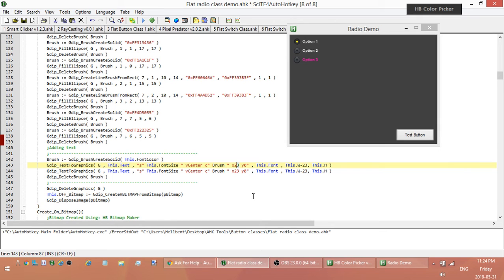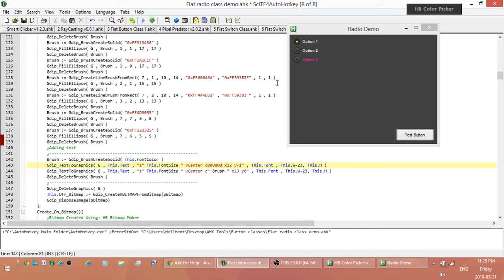So I'm going to go down to x 2 and y -1. And instead of using C equal to the brush color that I'm using, which is the color of my text, I'm going to get rid of the quote there, and then the brush, and then the last quote there. I'm going to get rid of that, and I'm just going to hard code black